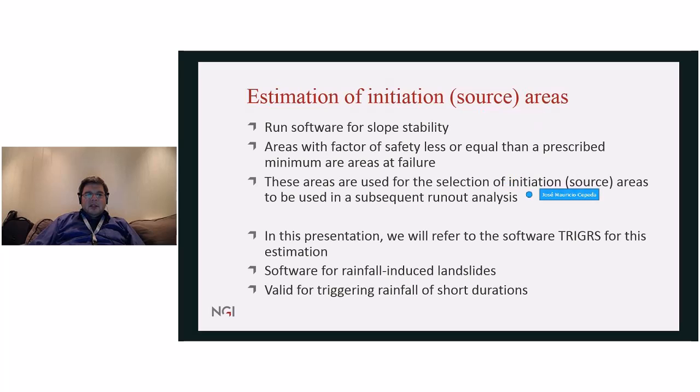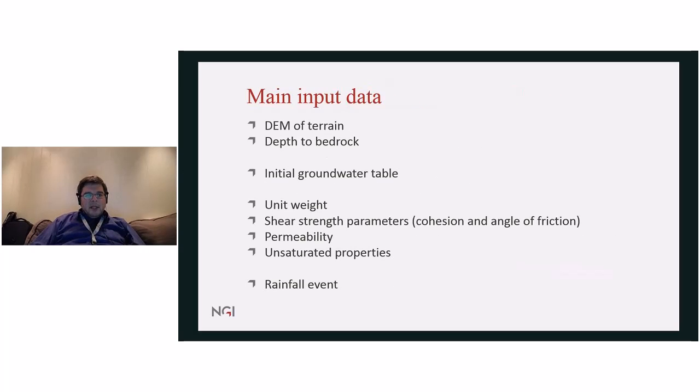These areas at failure are then used for the selection of initiation or source areas to be used in a subsequent runout analysis. In this presentation, I'm referring to the software TRIGRS, also developed by USGS for this estimation. This is freeware. This is software for rainfall-induced landslides, not for earthquake-induced landslides, and it's valid for triggering rainfall of relatively short durations. The main input data for TRIGRS is the terrain model,